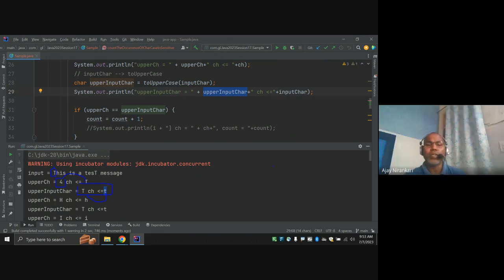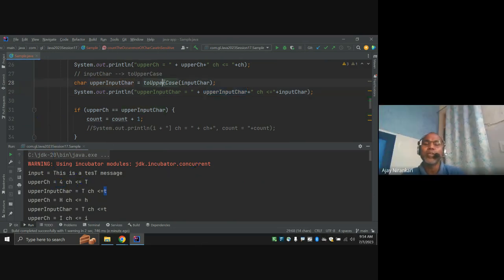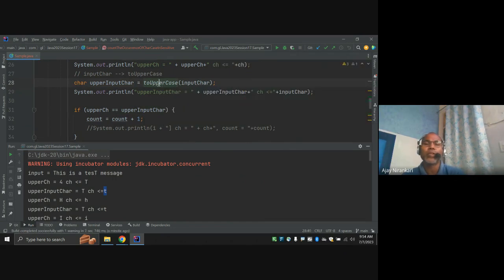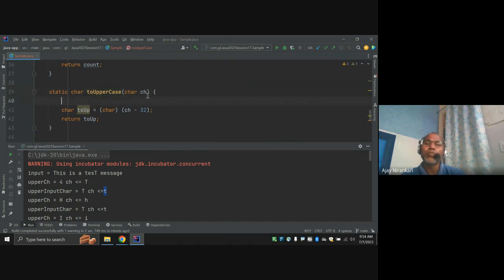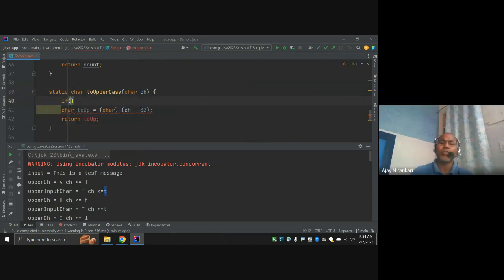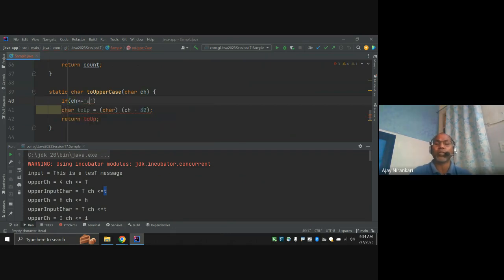Initially, this is the capital letter T. You are trying to convert it to uppercase, and it becomes a 4, right? But you don't need to convert if the character is already uppercase. So this is the condition we missed in the toupper function. Here we have to check whether we really need the conversion or not. You have to check if your ch is greater than or equal to small a,